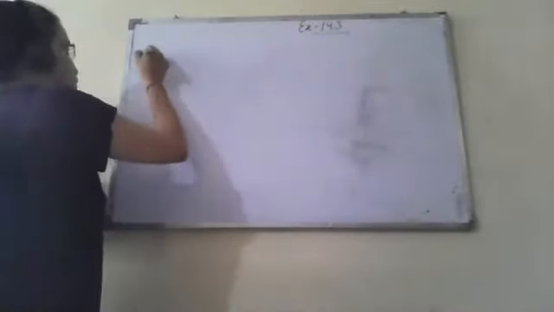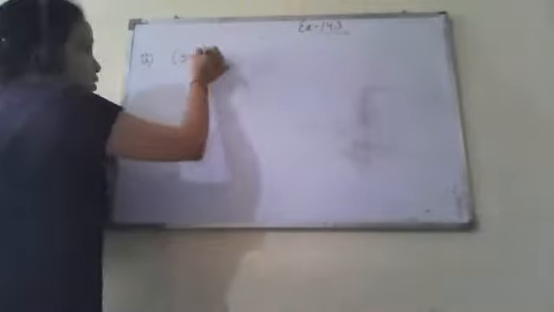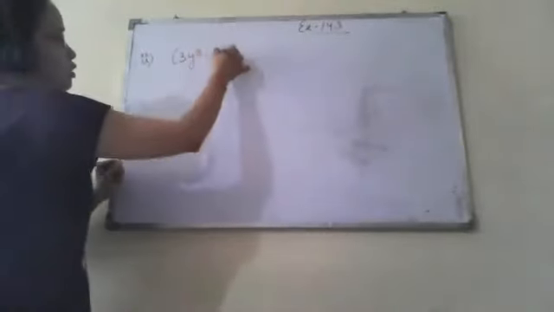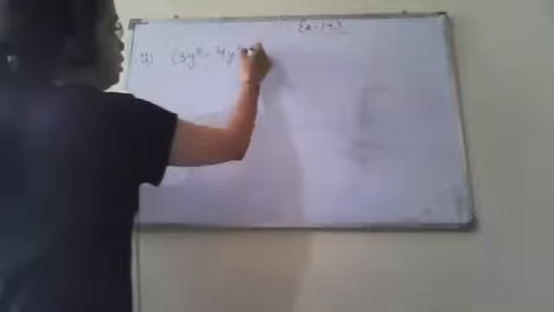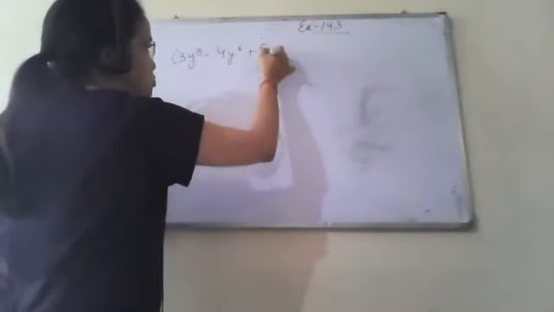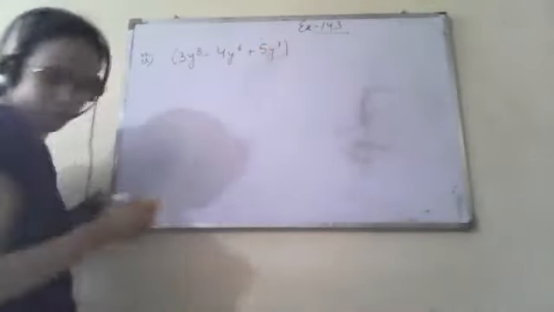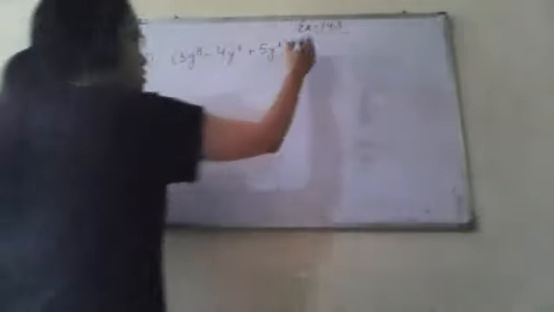Next part is 3y raised to power 8 minus 4y raised to power 6 plus 5y raised to power 4. We have to divide by